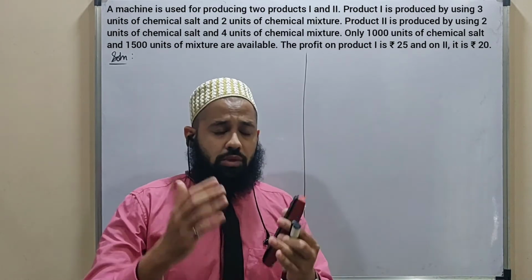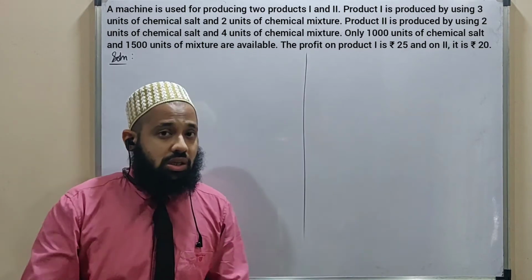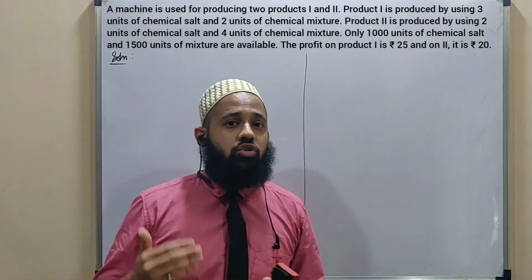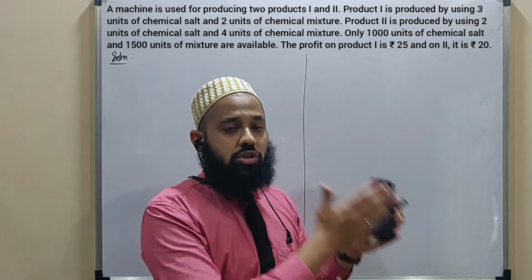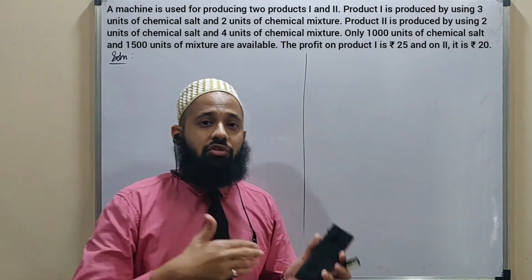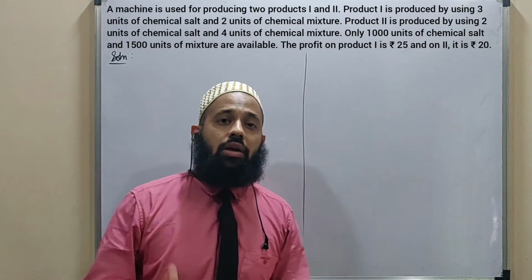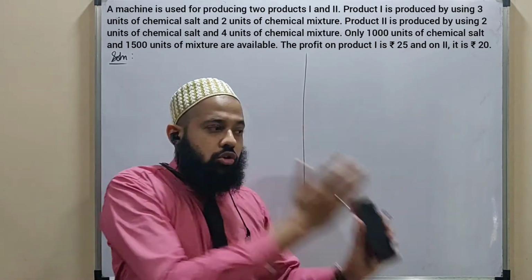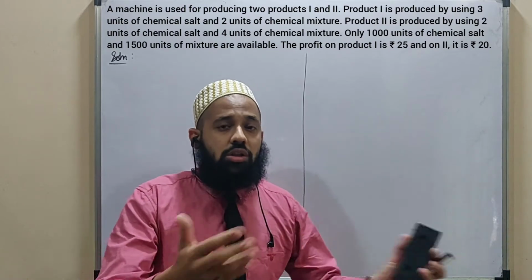You already see, it's obvious that since profit on one is more, it is 25 rupees. Still, as a company you will not want to streamline, okay, you want to diversify. You will not streamline your manufacturing to just one product if the profit is more on that. You will want to keep different products and different lines of manufacturing running so that you can diversify as a company, right? So it is not that I am going to just manufacture one thing, although the profit on that is the maximum. You will want to keep all the things running.